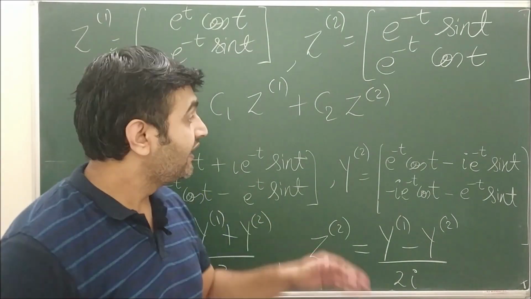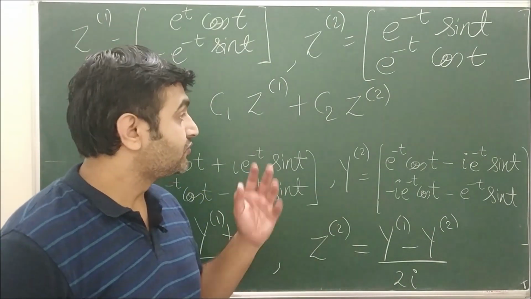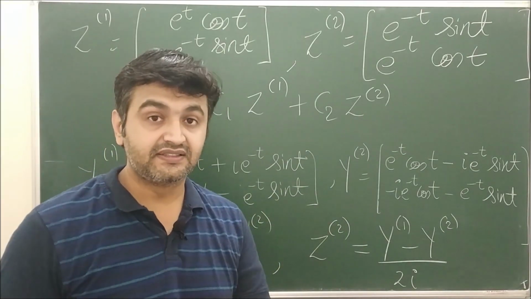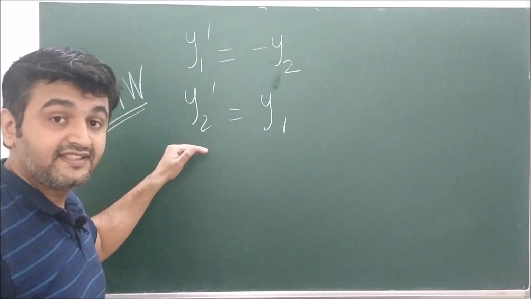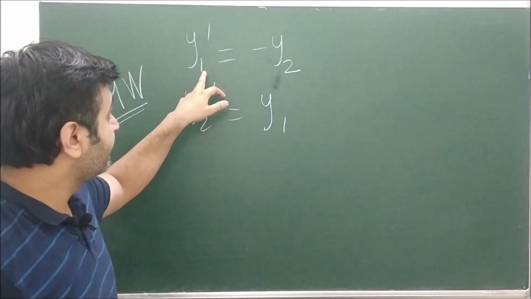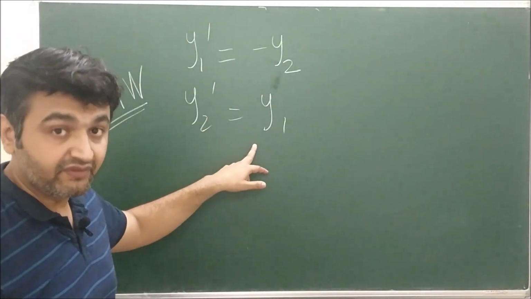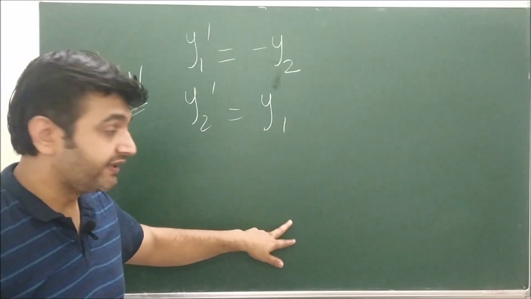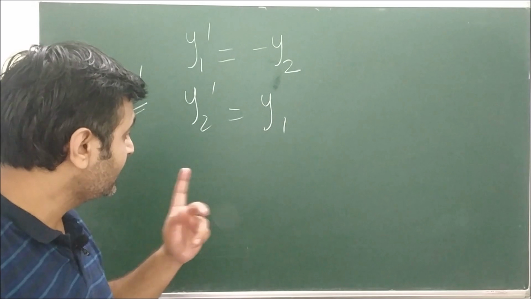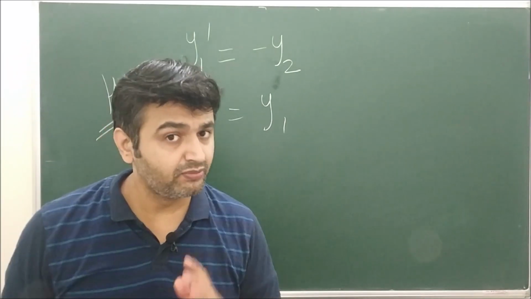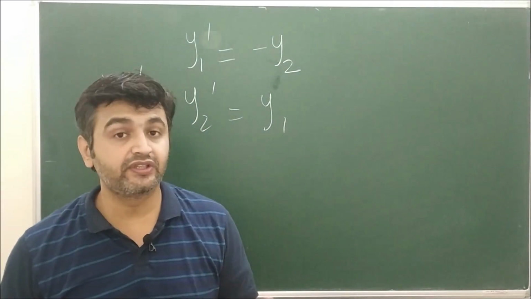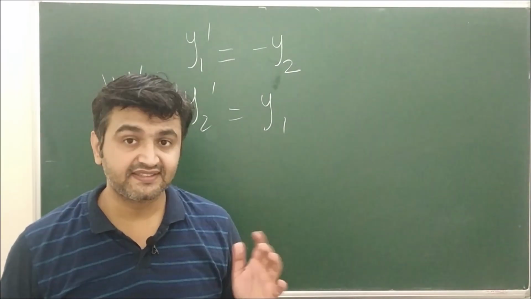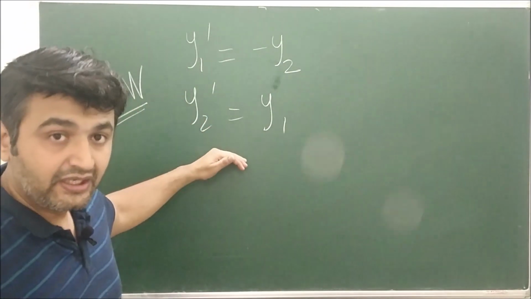If this is clear, let me give you a homework problem so that the concept will be more clear. And do not forget to post the answer in the comment section. So take this as your homework problem. Here y1 prime is minus y2, y2 prime is y1. So here if you see the matrix 0, minus 1, 1, 0, and therefore the eigenvalues will come out to be plus minus i. So there is no real part, so you won't have exponential term in the solution. That's what my guess is. But okay, try to write down the solution.